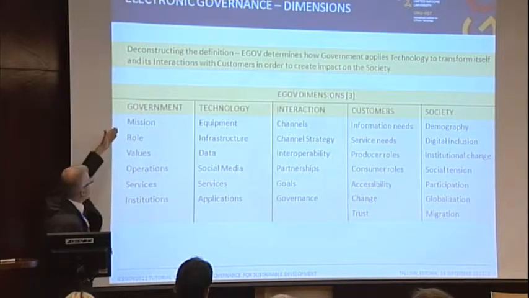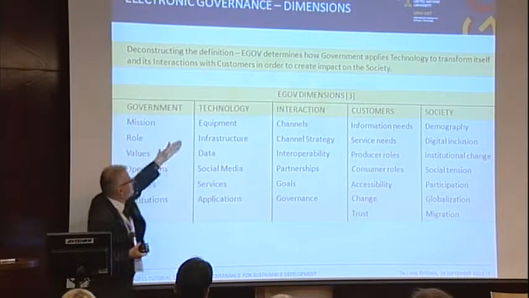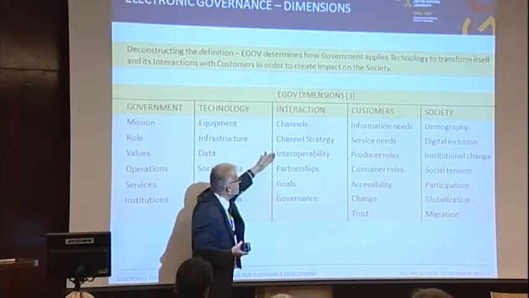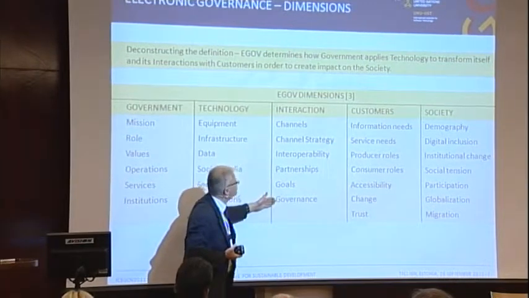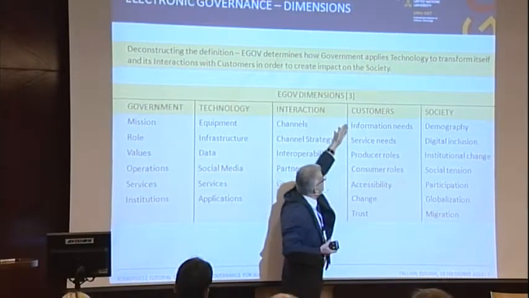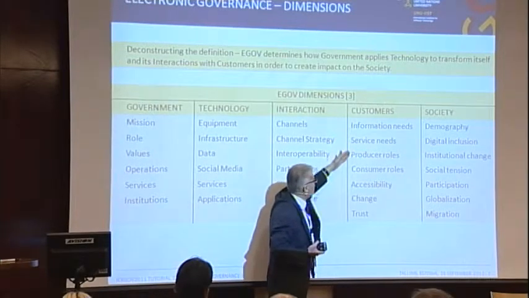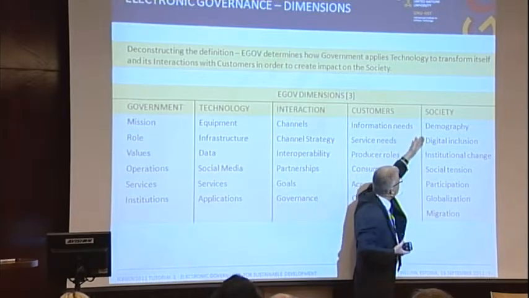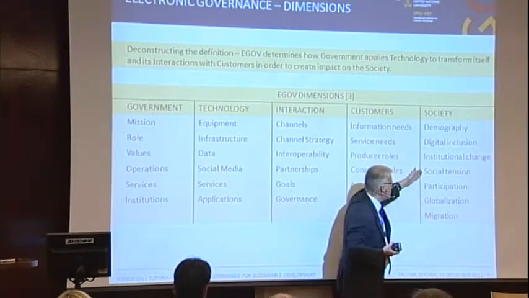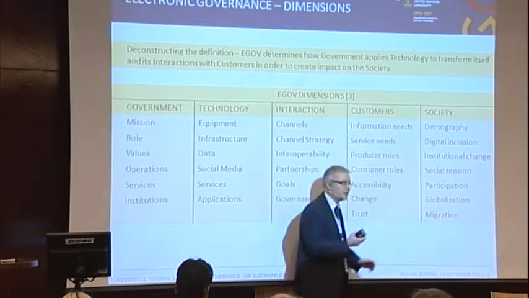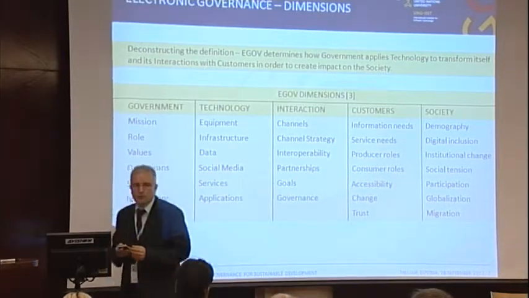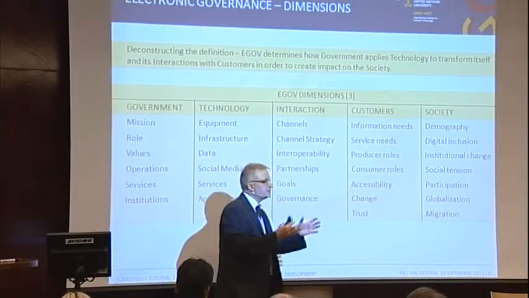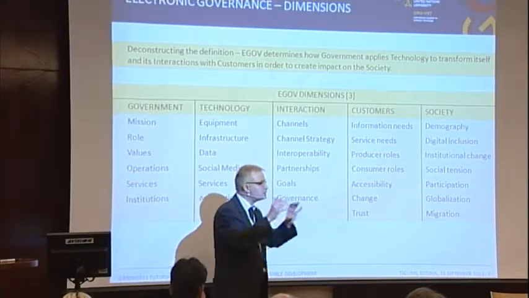areas. So government: mission, role, values. Technology: equipment, infrastructure, data. Interaction: channels, interoperability, governance. Customers: information needs, producer and consumer roles, accessibility, trust. Society: demography, digital inclusion, social tension, participation, and others. So it's possible to construct the domain along certain dimensions, just looking at the definition and then trying,